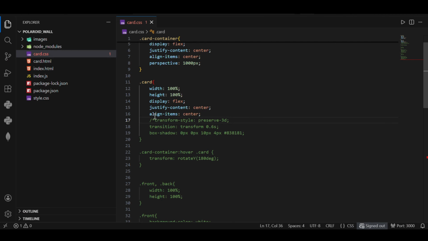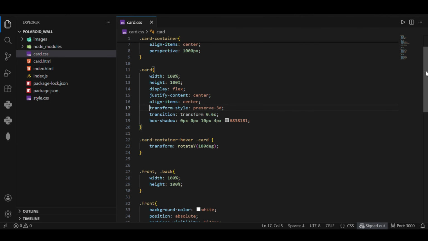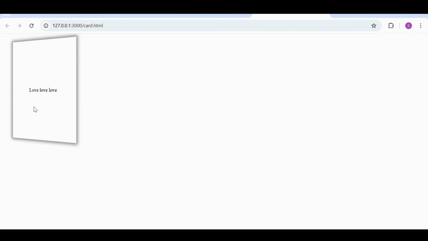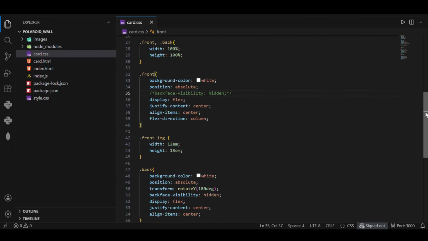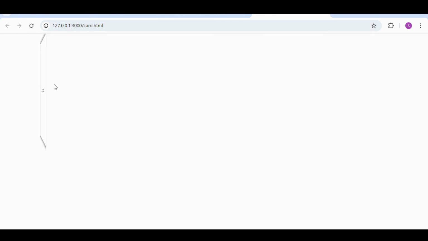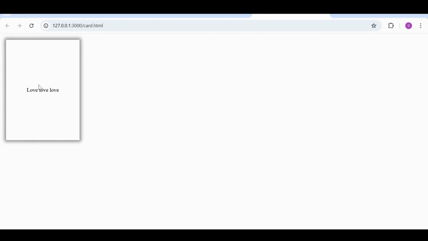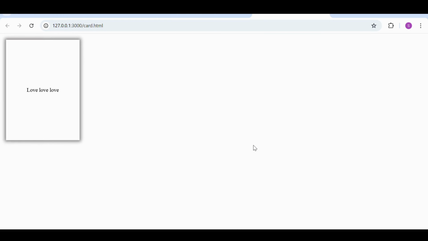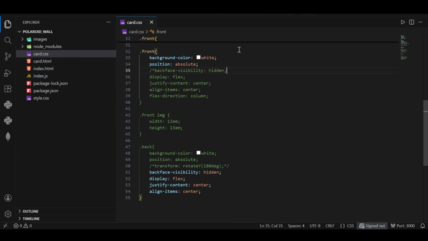When I remove backface visibility from front, you see that nothing much is changed. But if I remove backface visibility from back, you see the upside of the card is actually mirrored content of the back, because back is rotated 180 degree, so you are actually viewing the backside of the card, backside of the back actually, and when you flip it, you see the correct contents of the back